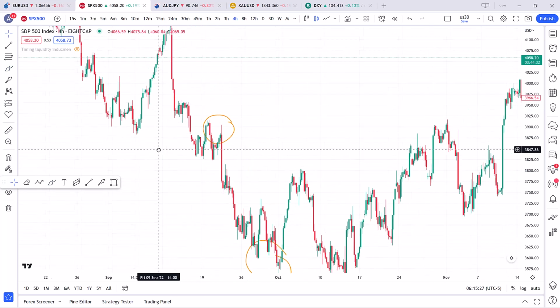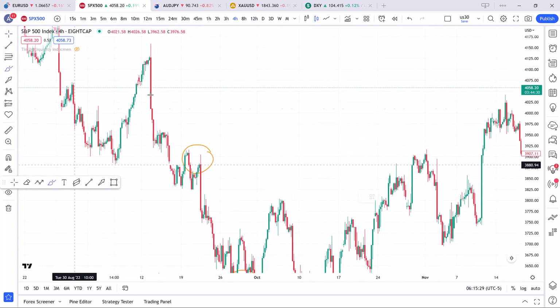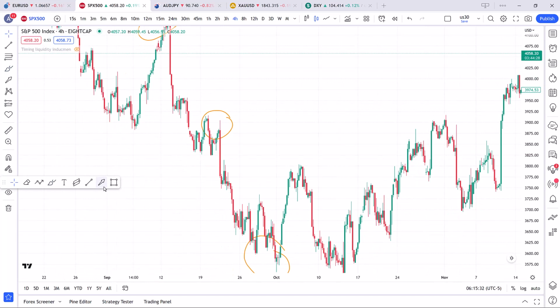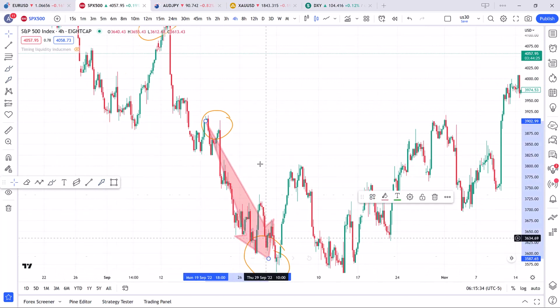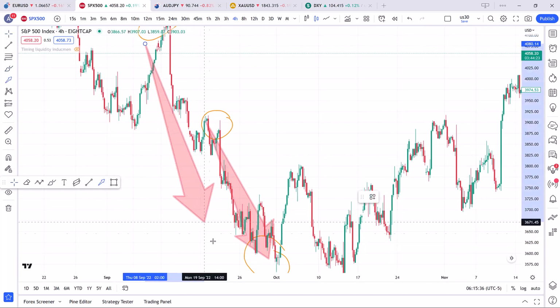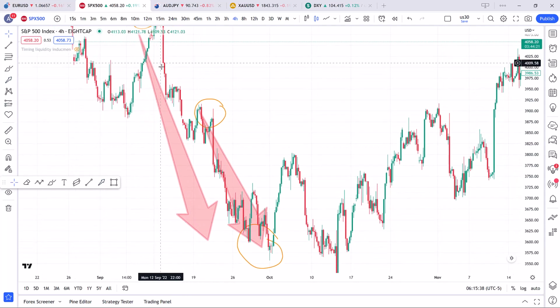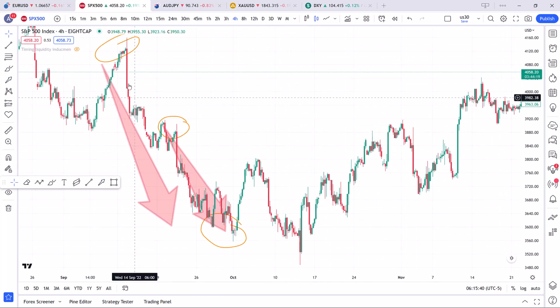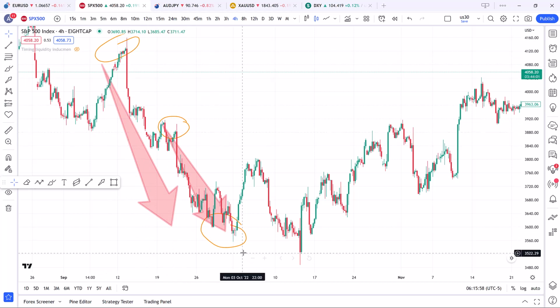So we have two protected highs, one is here and one is here. So this leg and this leg is our protected leg or protected structure. So the important thing is that we should wait until this or this gets broken to start to buy the